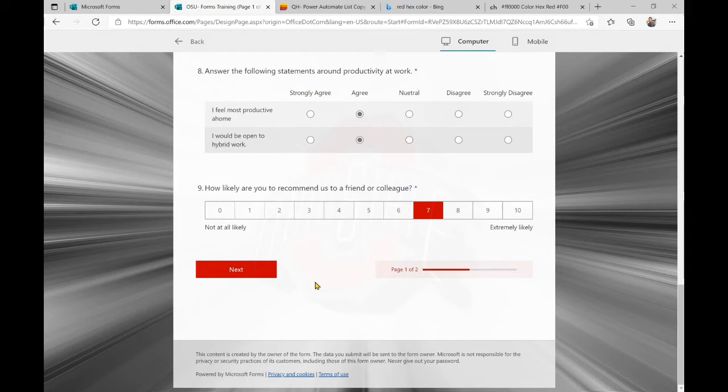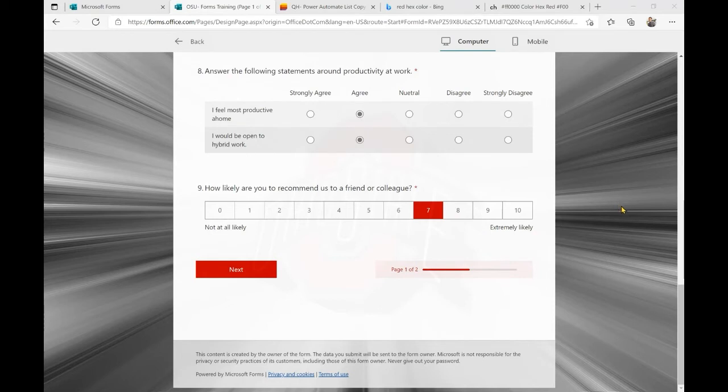Now, I don't think there is a back to top button. I think that would be a useful feature to add, a back to top, so that you don't have to scroll all the way. If someone did make this a super long form on accident, or maybe they didn't realize they could create sections, I think it would be helpful to have a back to top button, but I don't believe this has that.